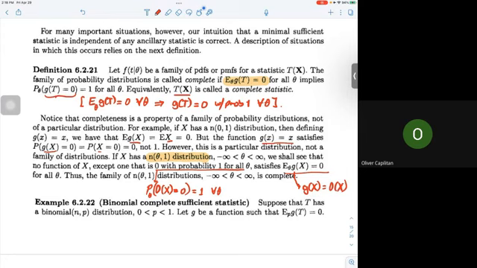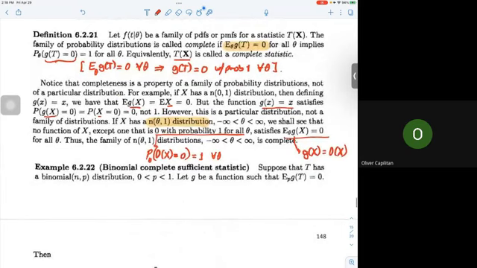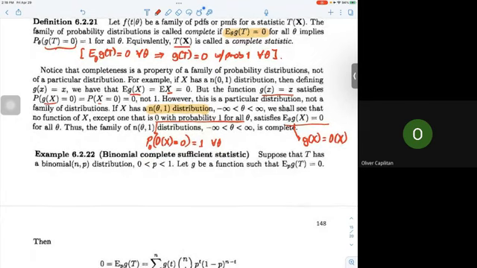Okay, so let's have an example finding a complete statistic based on our definition. Consider example 6.2.22, binomial complete sufficient statistic. Suppose that T has a binomial n, p distribution, and we restrict p to be greater than 0 but less than 1. And then we let g be a function such that, based on our definition, we assume the expectation of g of T given our parameter p